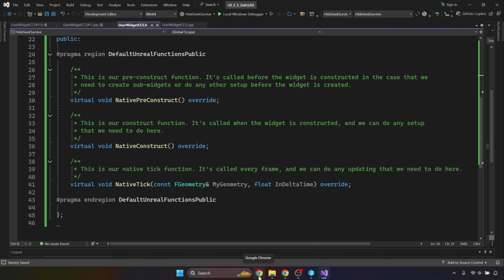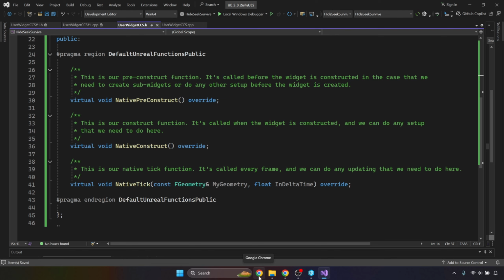So again, we want to put all our initialization kind of stuff in native pre-construct so that when we're ready to draw the widget, which happens at construct, all those references and all that good stuff will be all set. And then last but not least, we have native tick, which is essentially just tick, but for the